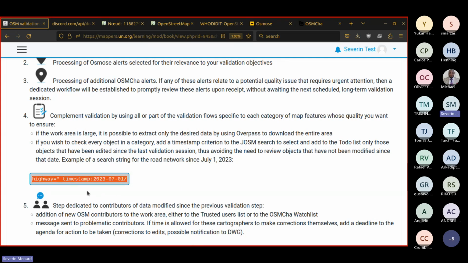So if my last session was that, here's the timestamp since July. The timestamp on newer, actually, let me have a look.